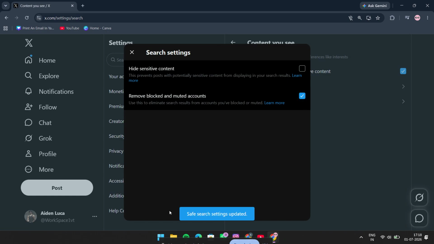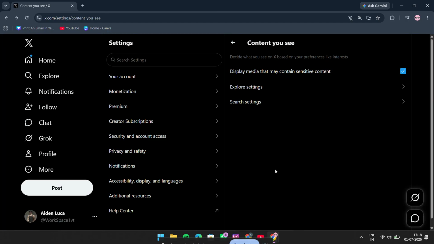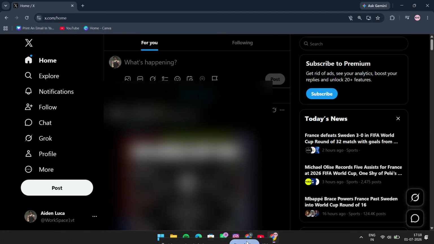Once it's enabled, X will remove blocked and muted accounts from your search results, giving you a cleaner and more personalized experience. That's all there is to it. In just a few clicks, you've updated your search settings so blocked and muted accounts no longer show up when